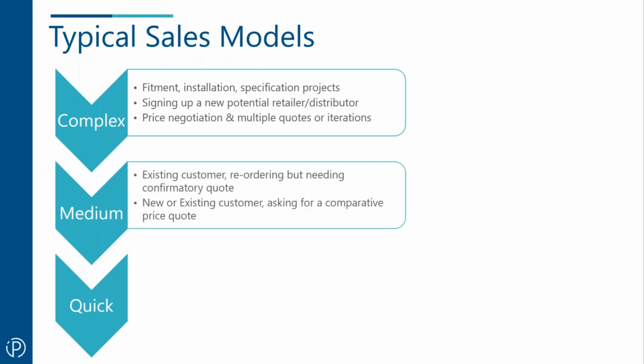And then kind of in the middle, you've got the sort of medium-sized sales, which are typically existing customers and they're reordering, but perhaps they're reordering products that they haven't bought before, or where there's some negotiation on the price each time, or where they're ordering stuff, but they need to go and get somebody else to sign it off. So they might be reordering, but they need a confirmatory quote and a kind of follow-up process,